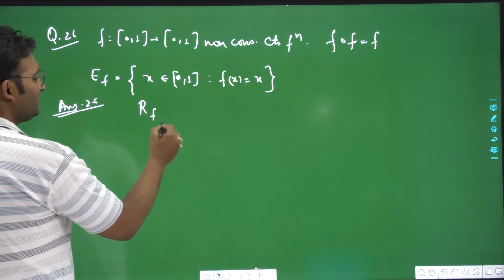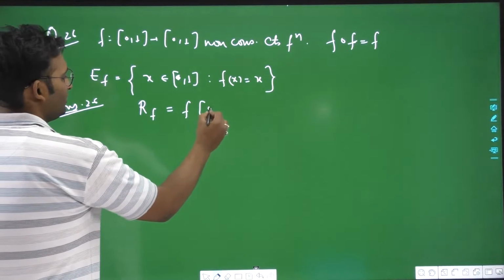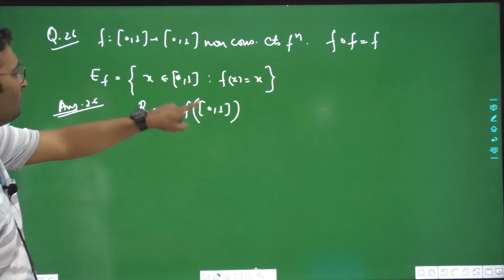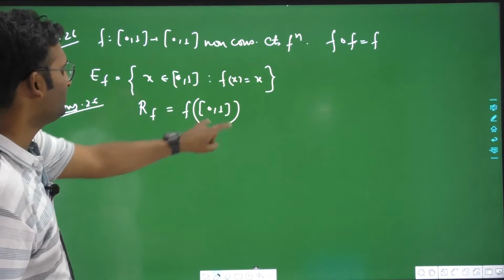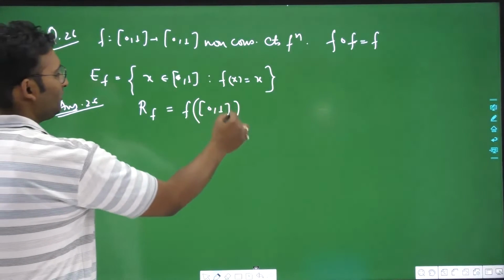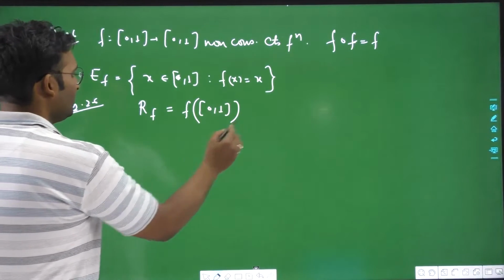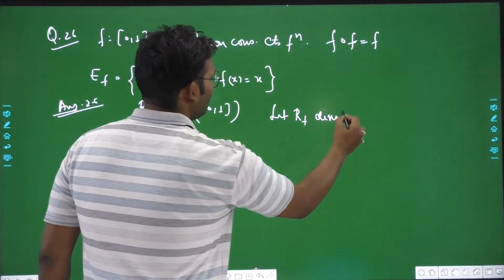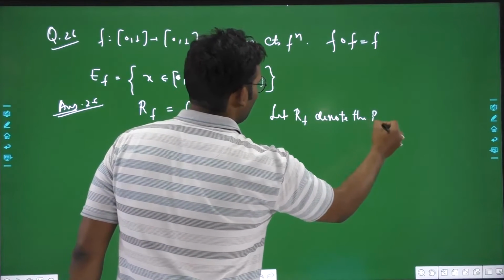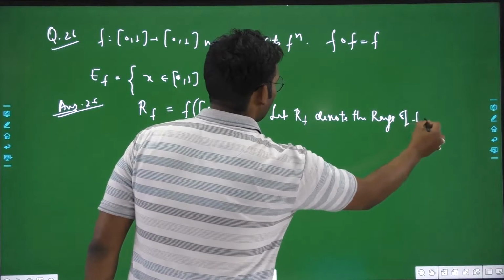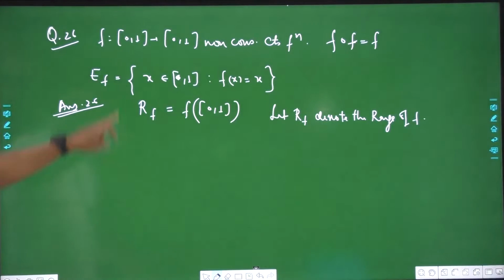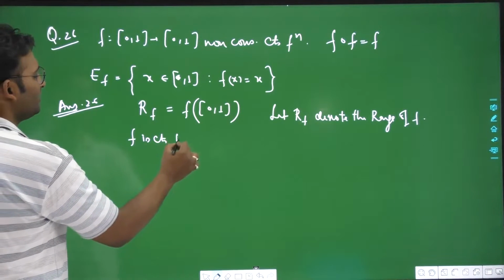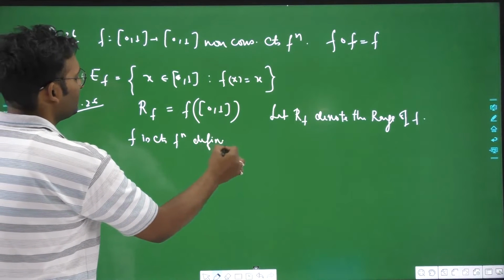Let's see, I write the notation. Let us consider the range of the function to be defined as 0, 1. So since the domain is 0, 1, let's say range of f is equal to f defined over 0, 1. Let R_f denote the range of the function, range of f. Okay, now since the function is defined over a compact closed set, f is a continuous function defined over a compact set,